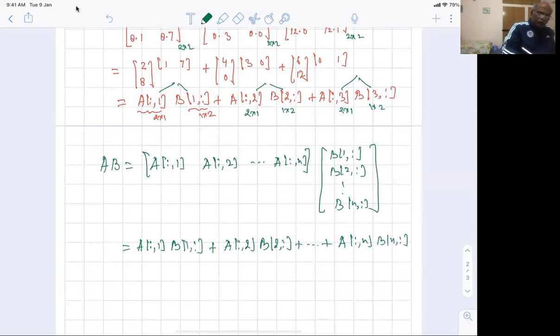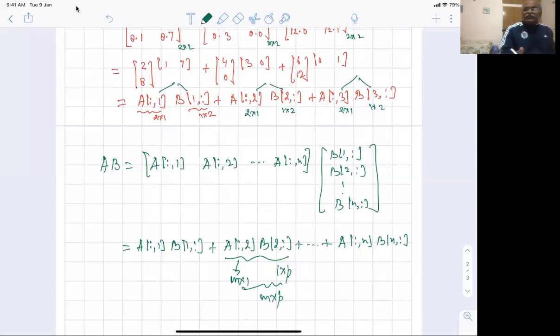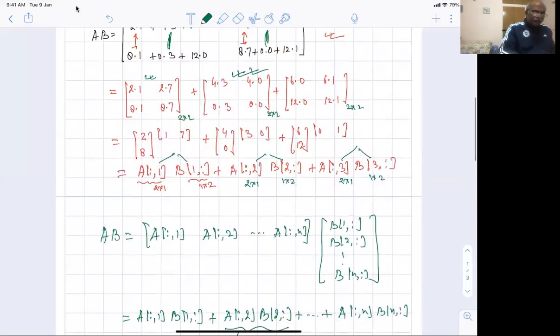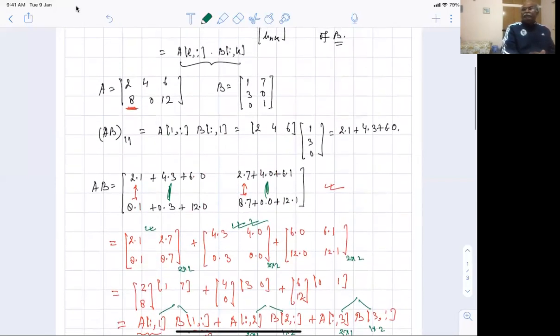All right. So the important thing is that all of them are nice matrices. Is that okay? So there are n columns here. The size was m. So this is m cross 1. This is 1 cross p. So it gives me an m cross p matrix. Is that okay? So all of them are m cross p matrices, and therefore this matrix multiplication makes sense. So this is one way of matrix multiplication which you need to understand. It's very, very important. It leads to what are called rank decomposition of matrices, projection matrices, and so on. Very, very important idea that you need to understand. You cannot get away with this idea of matrix multiplication. This is one thing.